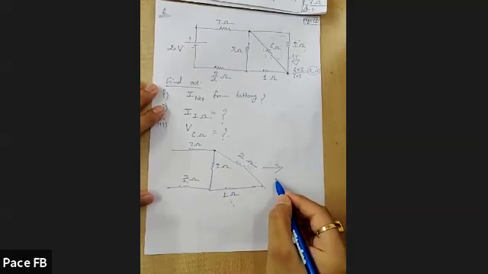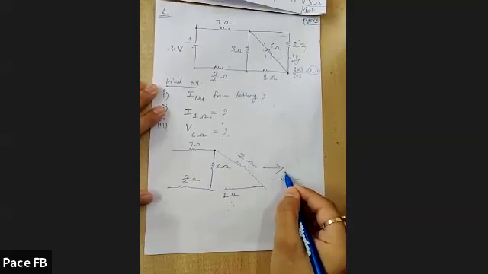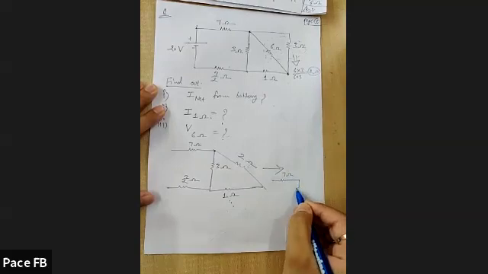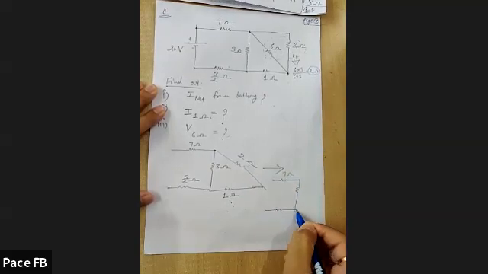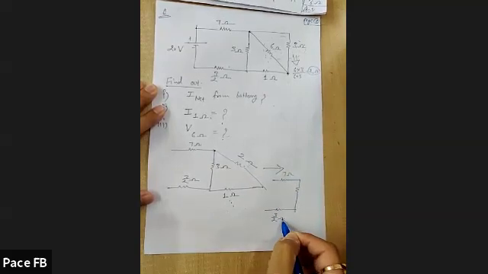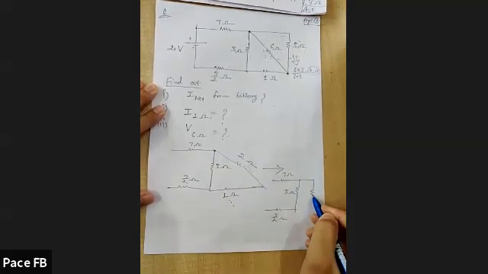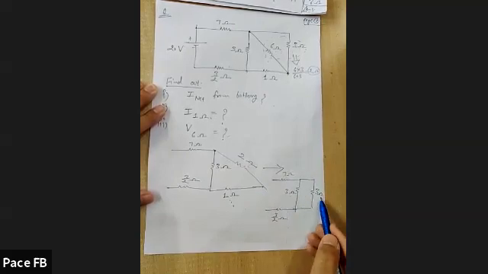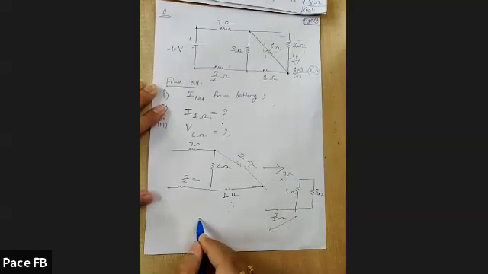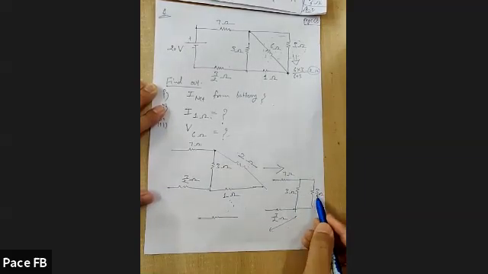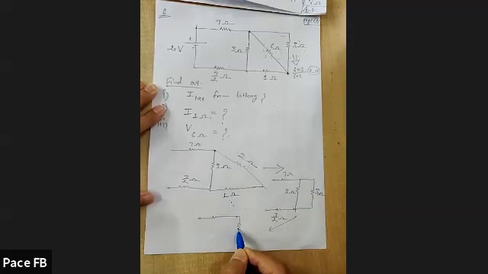So the next circuit would be 7 ohm, 3 ohm. This one is 3 by 2. This one is 3 ohm. So 2 plus 1 would become 3. So this one is the 3 ohm. And now I can see this 3 and this 3, they are connected in what? They are connected in parallel. So the next circuit would be, now 3 and 3 would become 3 by 2, if they are connected in parallel.